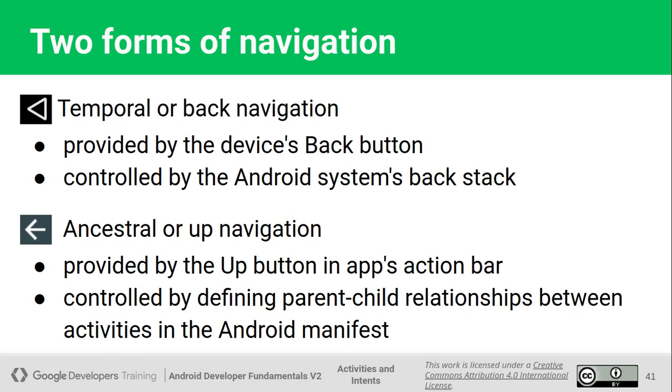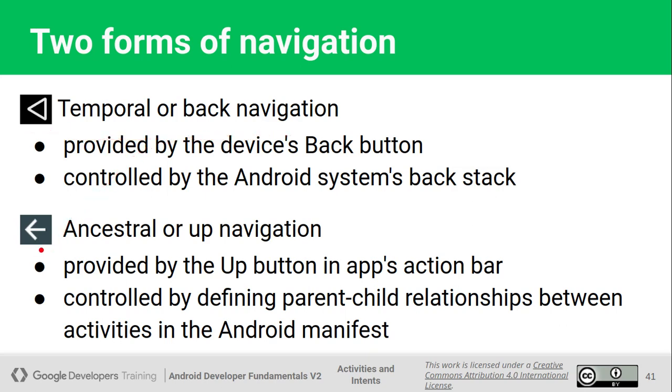So there are 2 forms of navigation, which navigate back to the previous activity. Number 1 is the back navigation, which we already discussed. This is the back key available on the Android phone at the bottom of the screen. When we press this back key, the Android application navigates back to the previous activity from the stack. So this method is implemented using the stack.